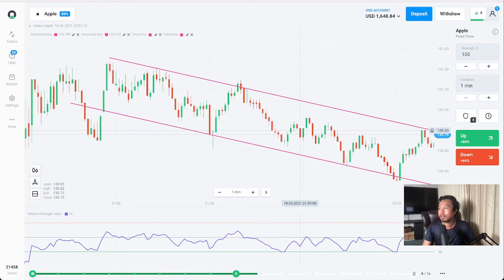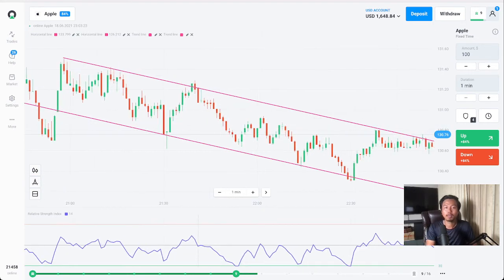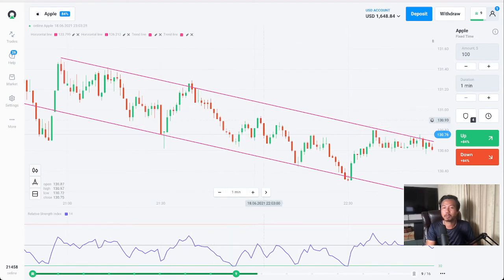So the reason number two that I recommend you should and must use your trend line is because the price will bounce around this trend area. Every time it comes close to that trend line, it will fall.